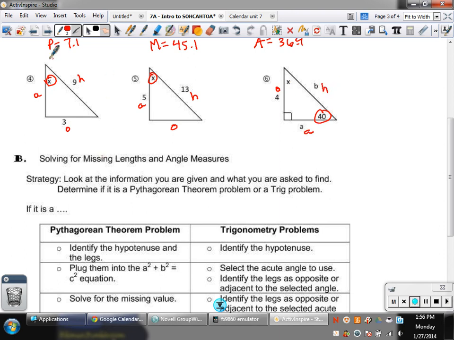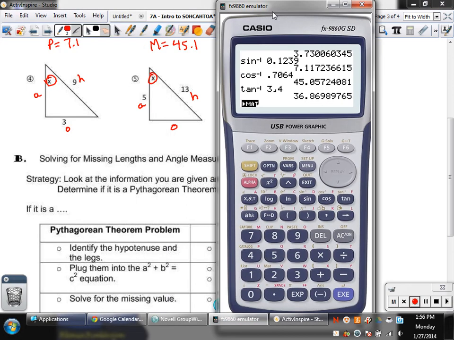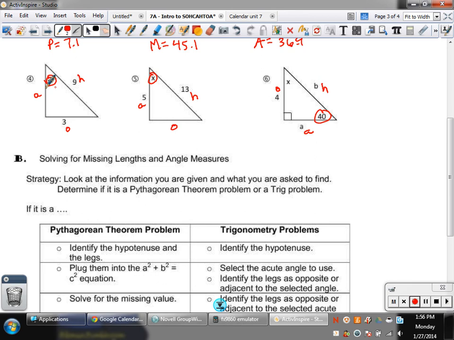So let's go through now, and literally these just become calculator problems once you can figure out which trig function to use. So we know nothing about the a. So if you're looking at